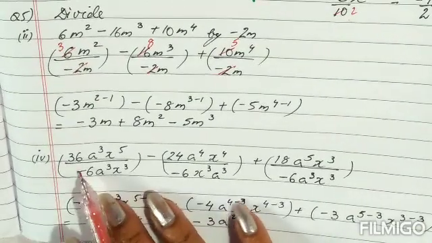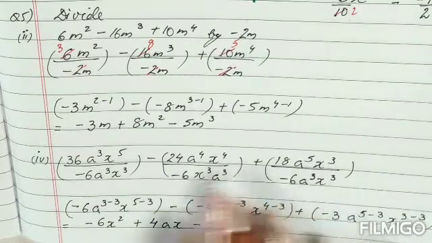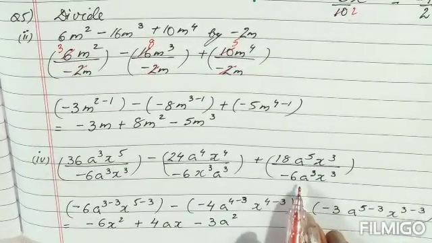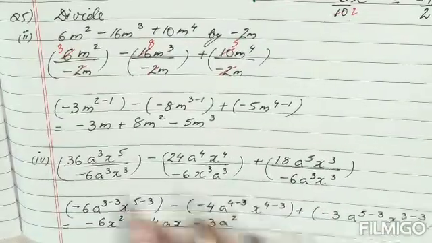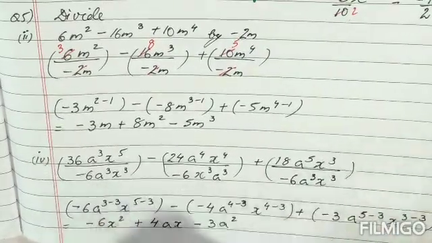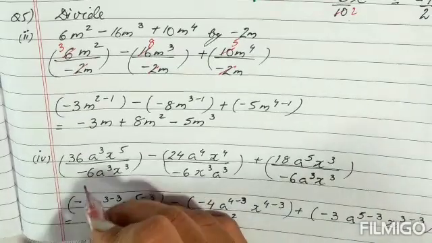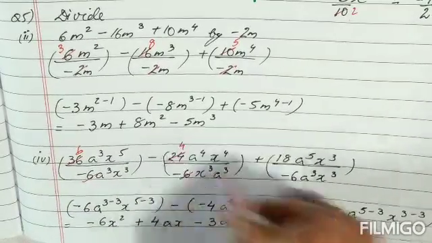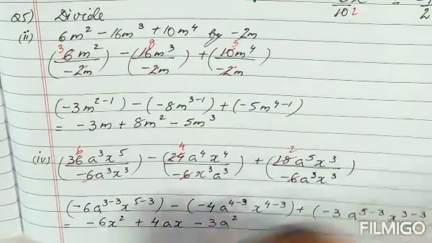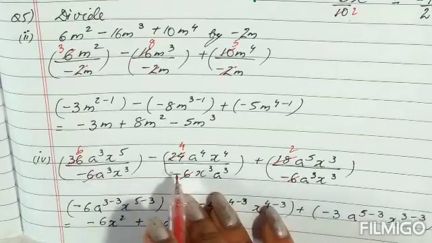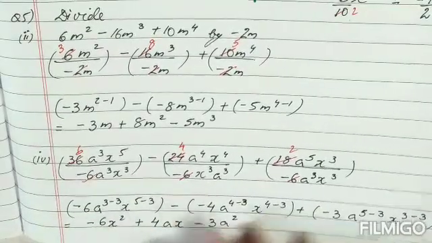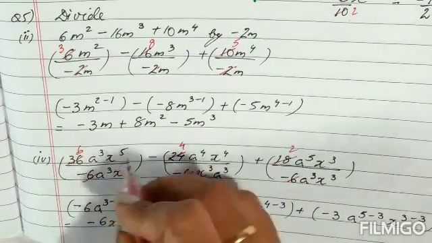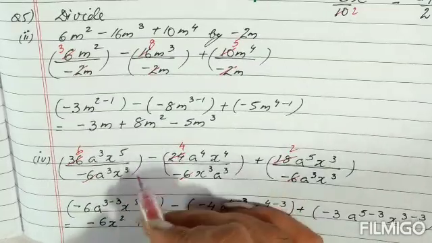Similarly, I have taken the fourth sub part of it, children. We are going to see this question. I have directly written the question this time. It is to be divided by minus 6 ax cube a cube. So I have arranged that. Now whatever numbers can be divided, we are going to divide that. This is 6 times, this is 4 times, and this is 2 times, right? Now the minus is over there, so it is going to go with the answers everywhere. Then a to the power 3 and a to the power 3, again it will get cancelled, or you can write this and write it, right?